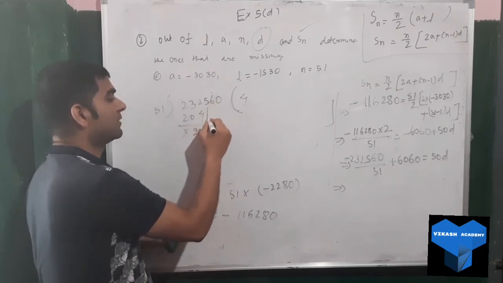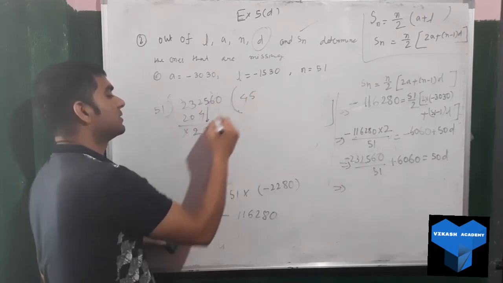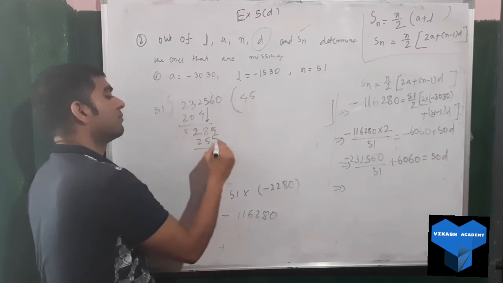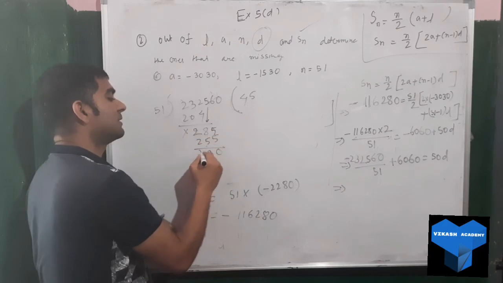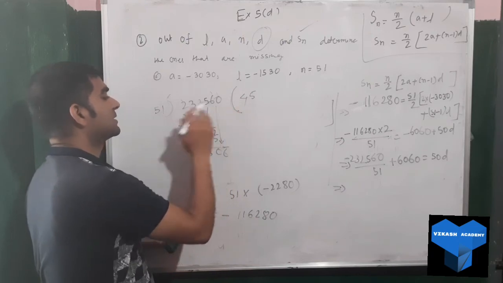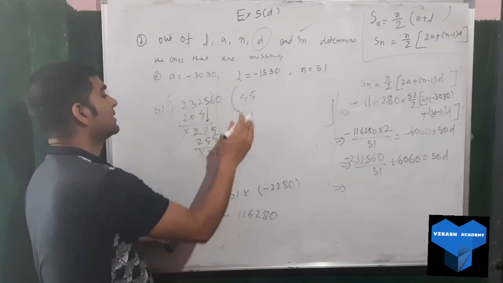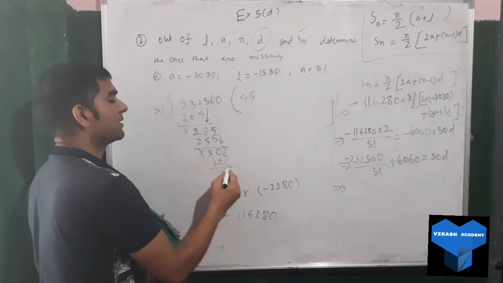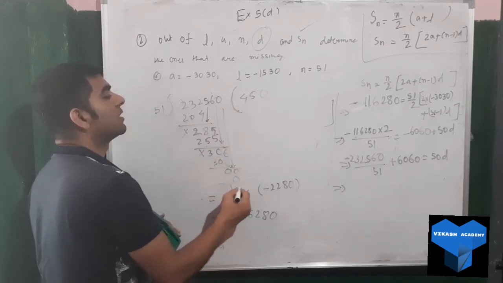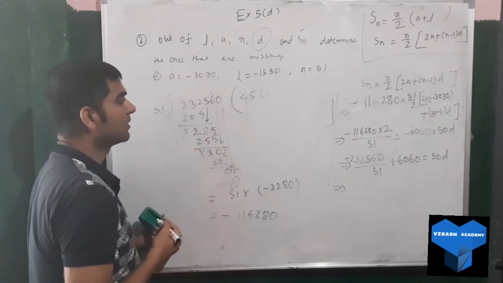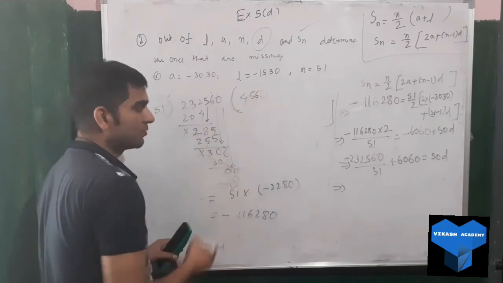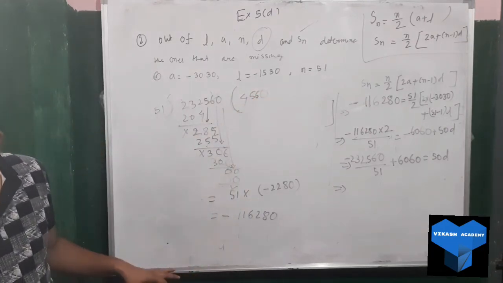Next this 5 will come down, so again it will go 5 times. 5 1s are 5, 5 5s are 25. So 5 minus 5 is 0, 8 minus 5 is 3, so we got 30. Then 6 will come down, so again with 6, 6 1s are 6, 6 5s are 30. Then we have 0 with the 0, so 0 times. So we get 4, 5, 6, and 0, so 4560.